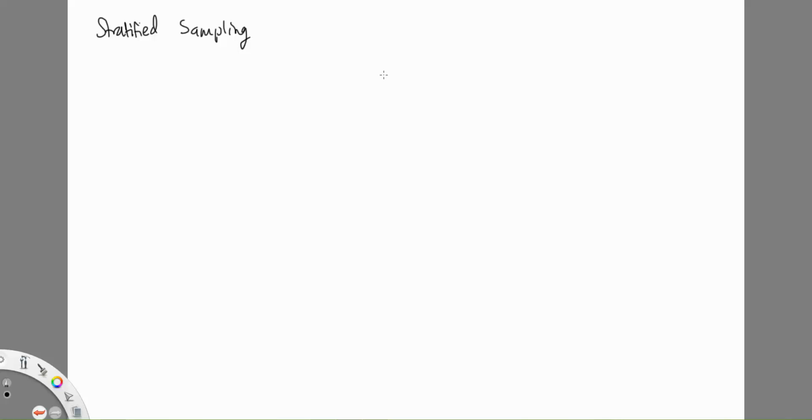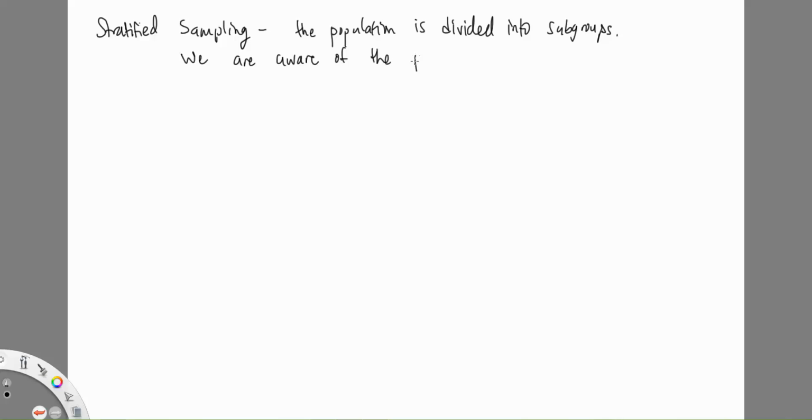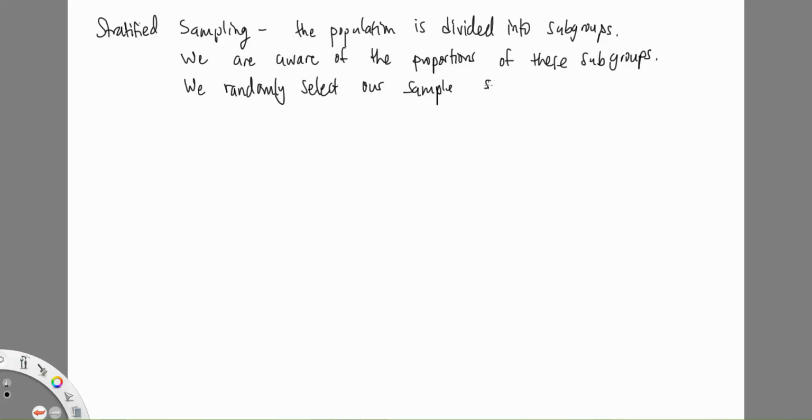In stratified sampling, the population is divided into subgroups, and we are aware of the proportions of these subgroups. Then we randomly select our sample